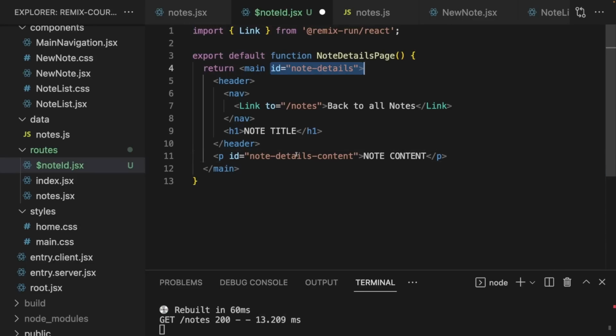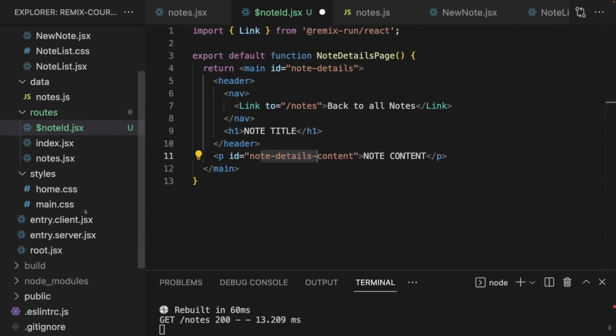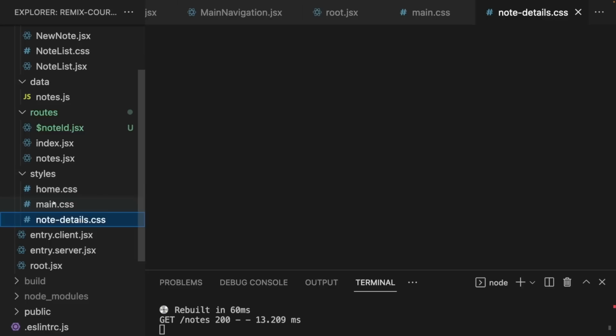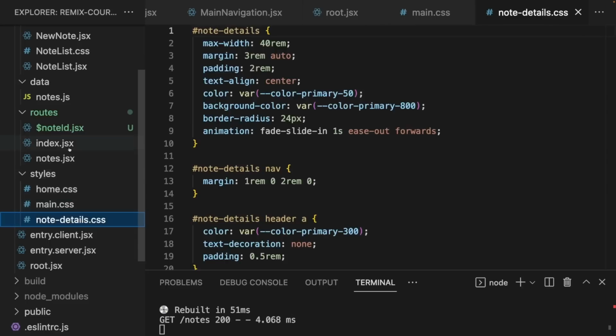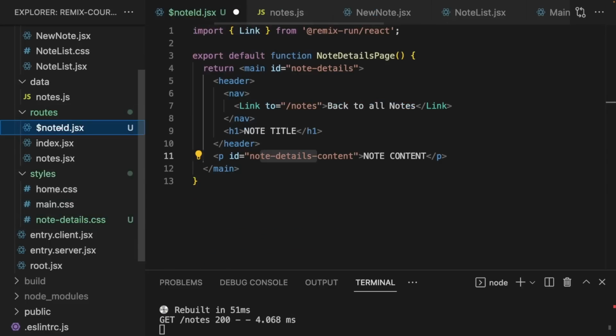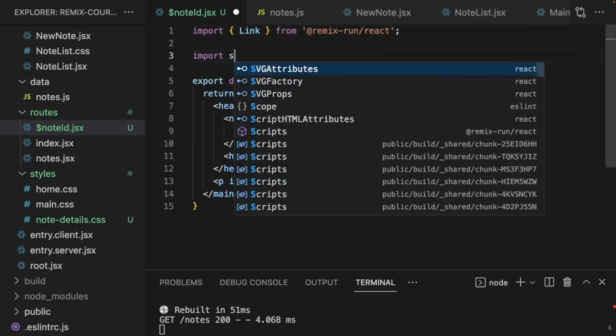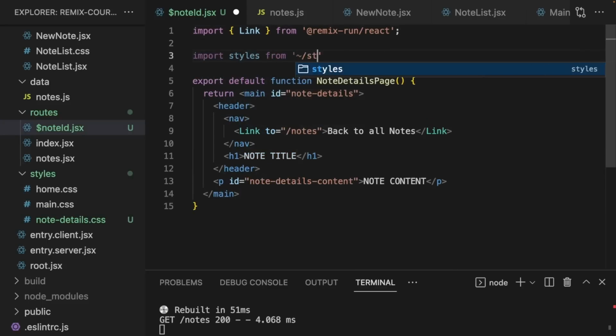Now, these IDs are important for styling purposes, because attached you also find a node-details.css file, which you should move into your styles folder. And then in the $nodeId.jsx file, you import that CSS file, like this, for example,